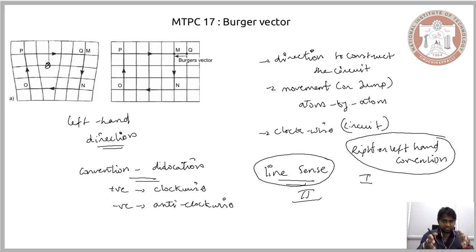So while constructing a Burgers vector, it is important for us to begin with the right or left hand convention, to fix that convention first, to fix which system you would be considering first, ideal or the system with dislocation. You need to begin with that and then move to the convention of the line sense. That is, we have to consider how you will be tracking the path of the Burgers vector if you have a positive edge dislocation or a negative dislocation. So the combination of these two helps us distinguish, by just looking at the direction of the Burgers vector, whether we are talking about a positive edge dislocation or a negative edge dislocation.